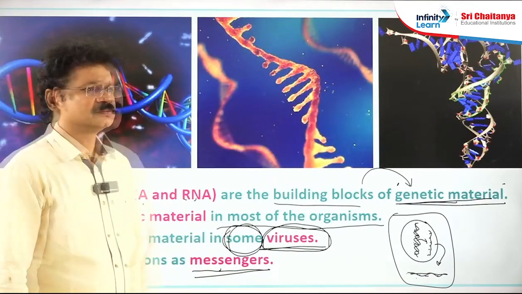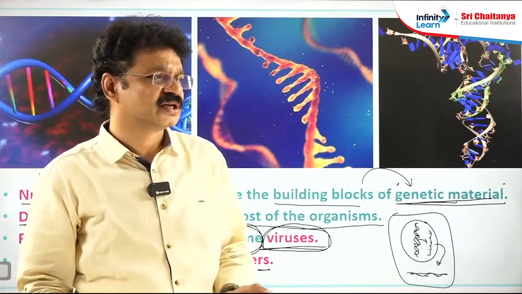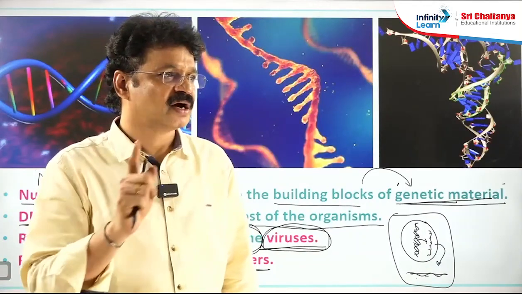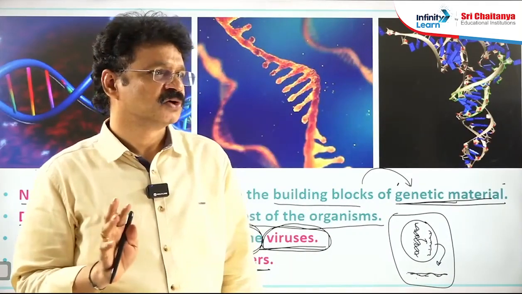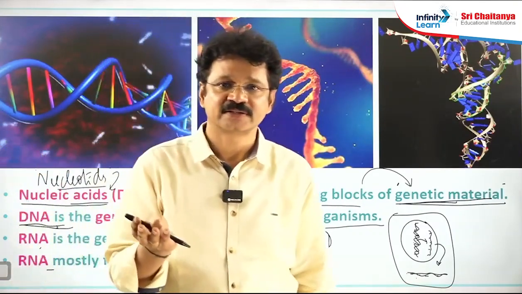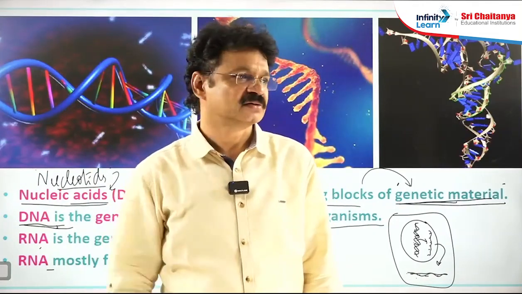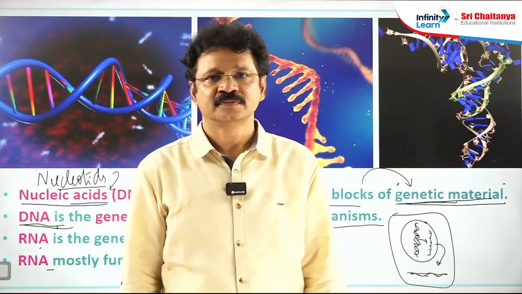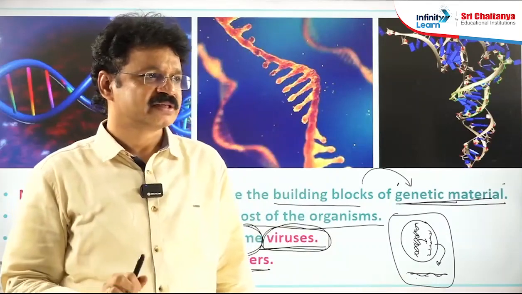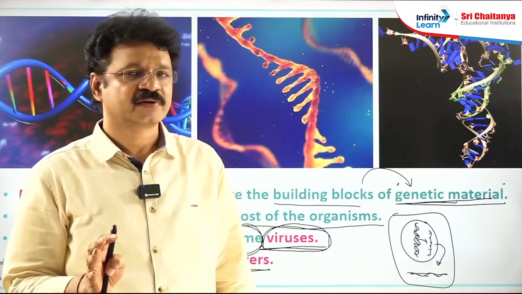Which virus consists of both DNA and RNA? In this universe, there is no single virus consisting of both DNA and RNA. Either DNA or RNA is present in viruses; there is no scope for the presence of both. For example, in coronavirus, HIV virus and influenza virus, the genetic material is RNA. In all plant viruses also, the genetic material is RNA. The best example of a plant virus is tobacco mosaic virus.